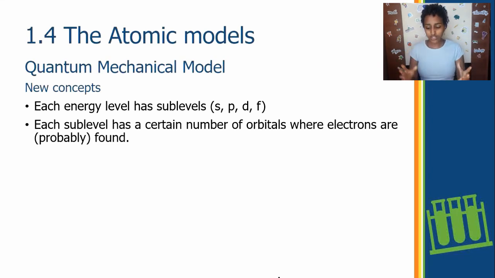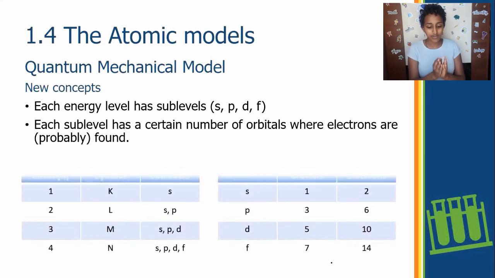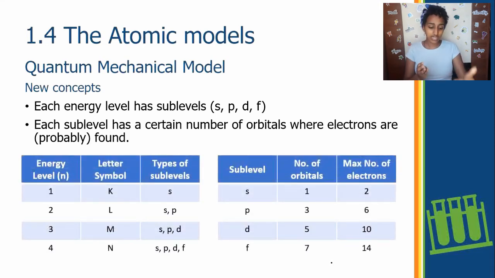So to wrap up all these new concepts, I have two tables here, okay? The first table shows some concepts we know, that there are energy levels, and here we have 1 through 4, and each of these energy levels you can designate with a symbol also. So in place of 1, you can say K, in place of 2, L, 3, M, and 4, N, all right? It's just a simple way to represent the principal quantum numbers. And now we also know that there are 4 sublevels, S, P, D, and F.